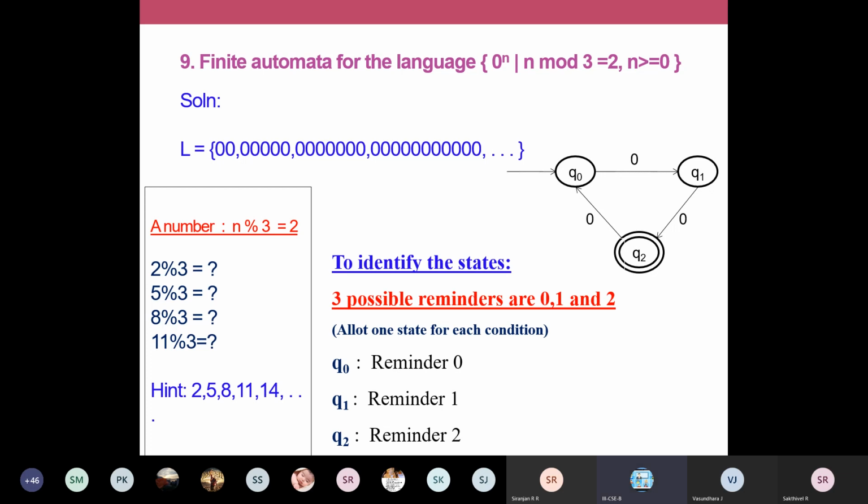I want you to start from the, don't go for complicated sequence. I want only the smallest possible string. What is 0 mod 3?